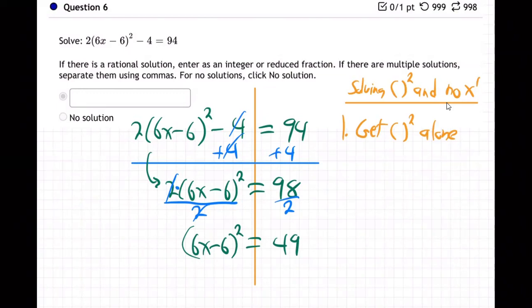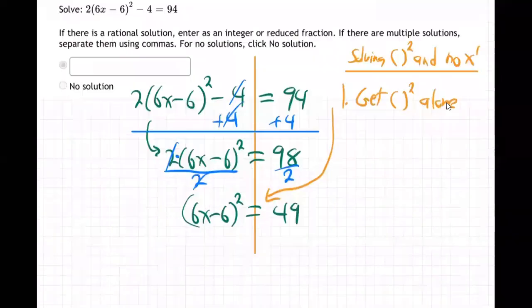So that was all step number 1. Get the parentheses squared alone. So really, I got rid of that minus 4. I got rid of that 2 because I was trying to get the parentheses squared alone. I did. It's completely and totally alone. Okay. Now,